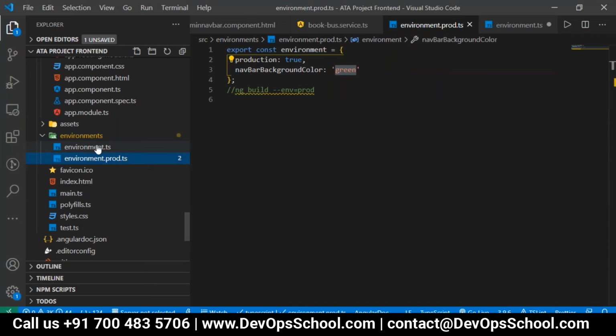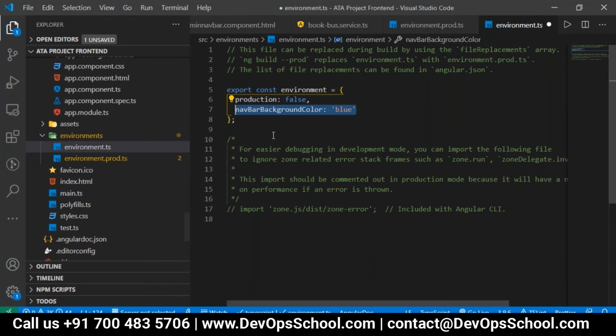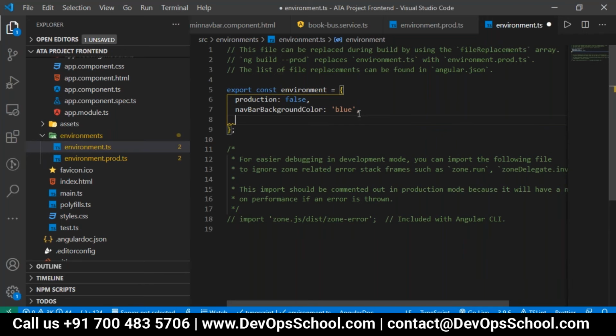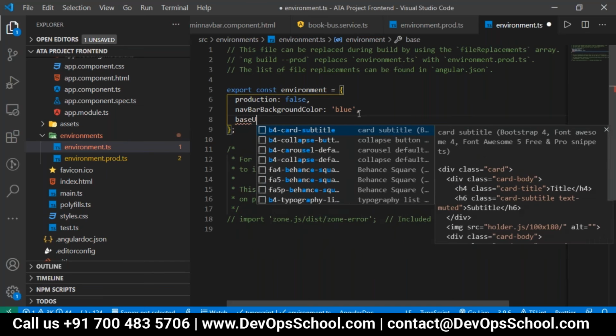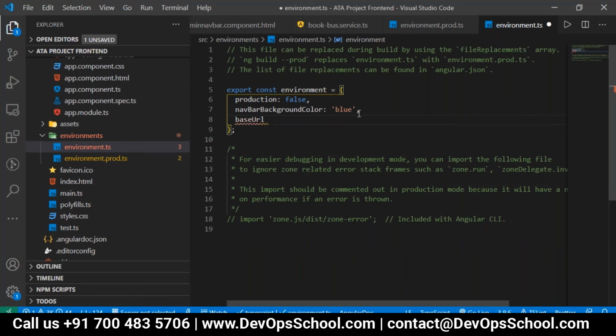If this environment TS is taken, in the same way you can create different local variables. For example, I'll use the base URL, which is one property.